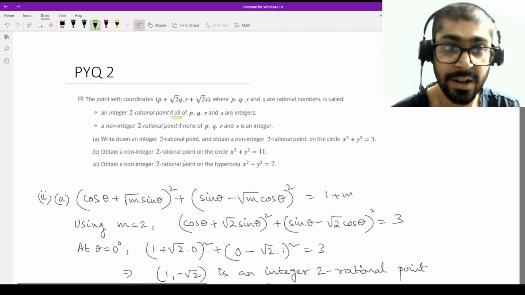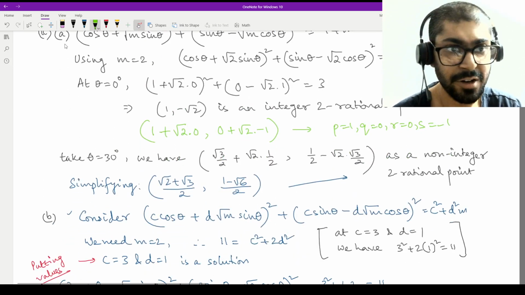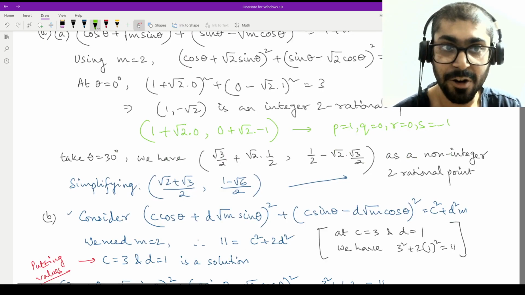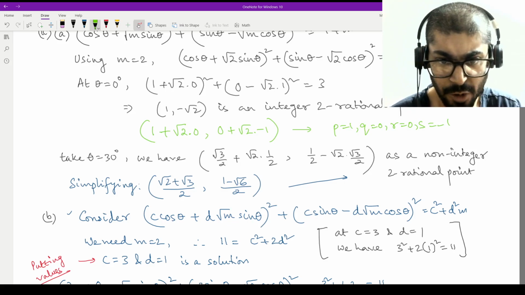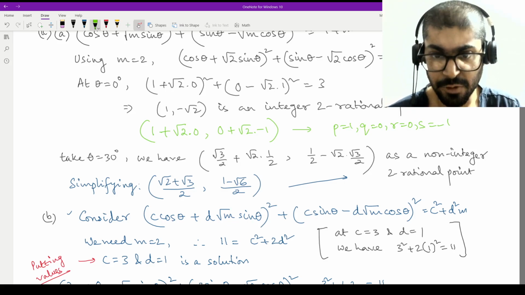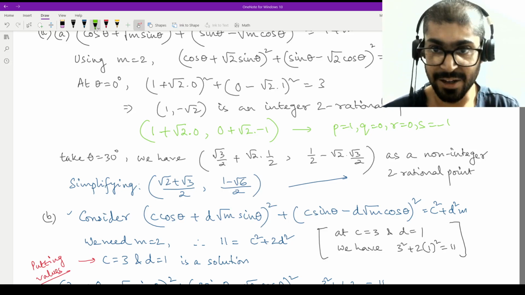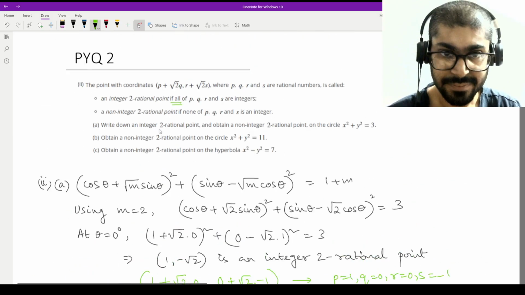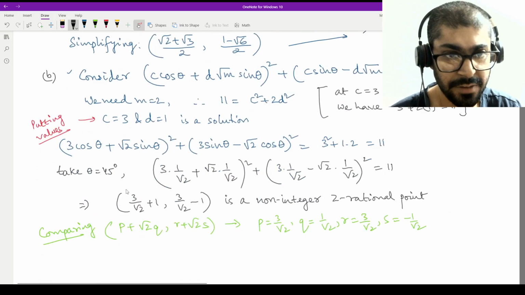The next one, option C, this one does not relate to a circle. If this one does not relate to a circle, then we cannot use the cos theta and sin theta case. We can use it, although it will be a bit more complicated. Instead of cos theta and sin theta, we would be using sec theta and tan theta, because it's minus here. Cos theta and sin theta are used when we have the plus case, this x square plus y square. Here it's x square minus y square. So instead of that, we will be using the